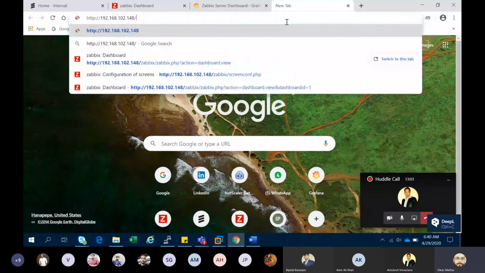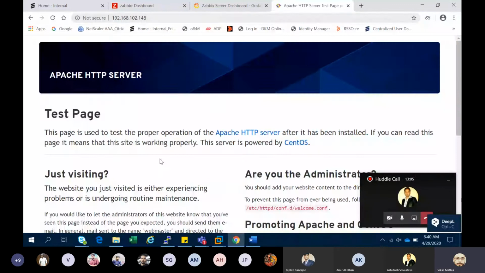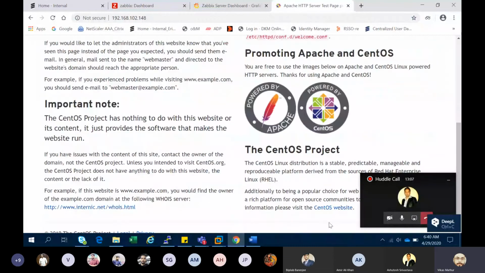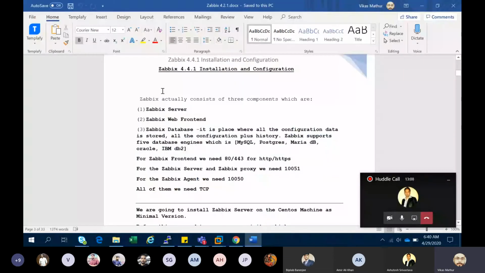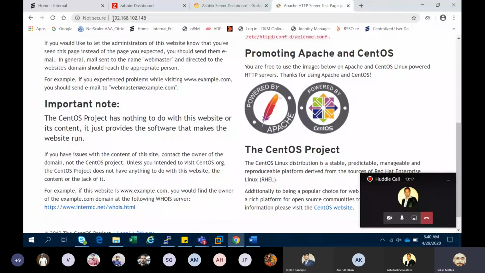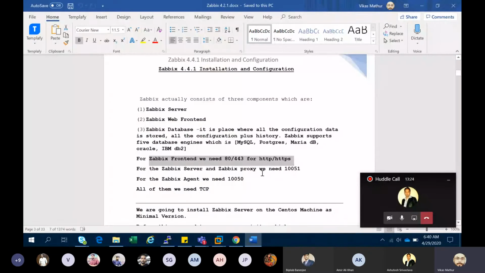This is the frontend, the Apache service, and that is the thing I mentioned over here. Port 80 is defined because this is HTTP only. If I configure this as secured, this port will run on HTTPS.